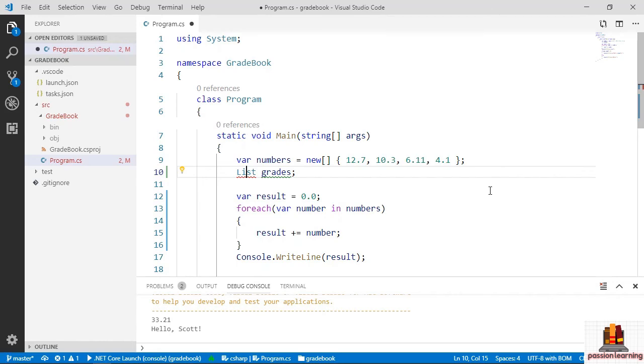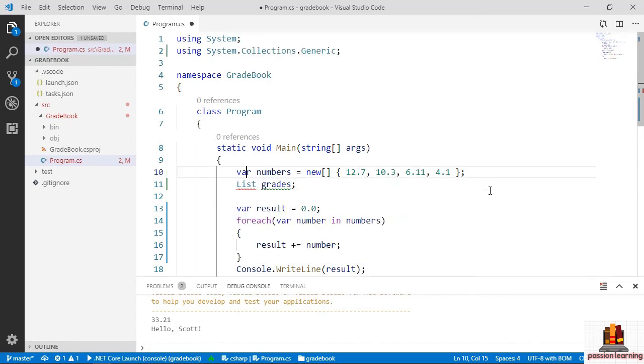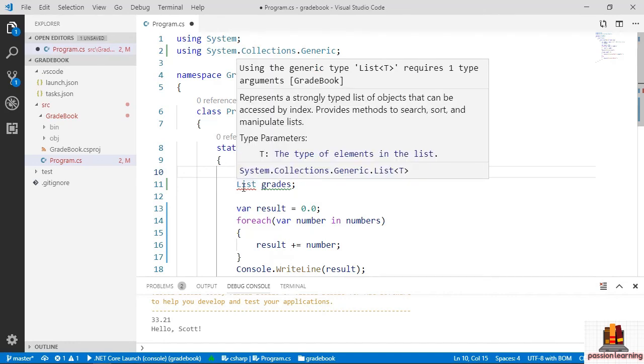So if I place my cursor directly on that list where there's a red squiggly and I press Control and period, this is bringing up a menu that will help me try to fix this particular error. The first fix in this list of fixes is to add a using statement to this file for system.collections.generic. I want to highlight that entry and press enter. And that is at the top of the file going to add using System.Collections.Generic because that is where the list type lives. It is technically